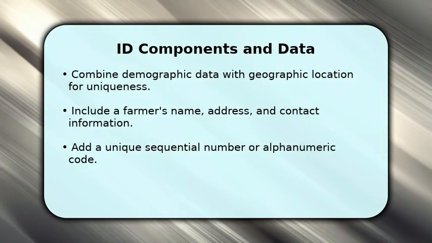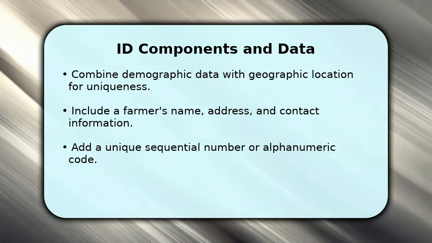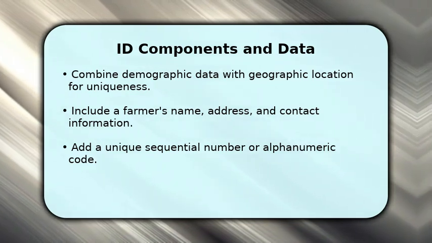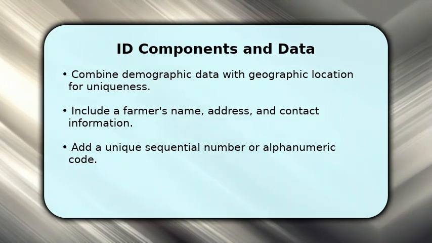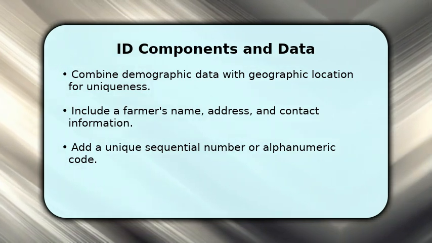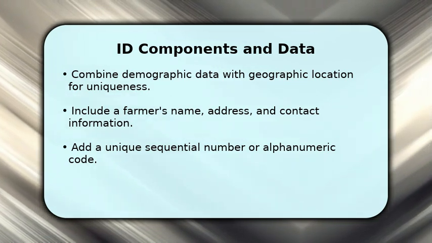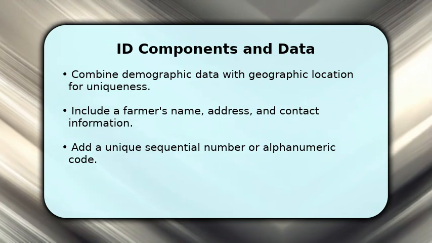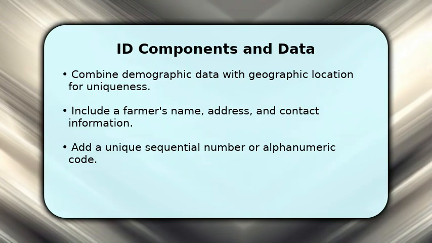To construct a truly unique farmer ID, you should combine several key data points. Start with basic demographic information like the farmer's full name and date of birth. Then, incorporate geographic details such as their village, district, and specific farm location. Adding a system-generated sequential number or a carefully designed alphanumeric code further enhances uniqueness, ensuring no two farmers share the